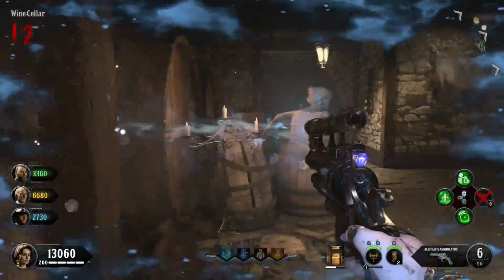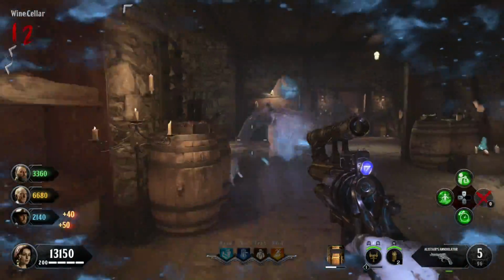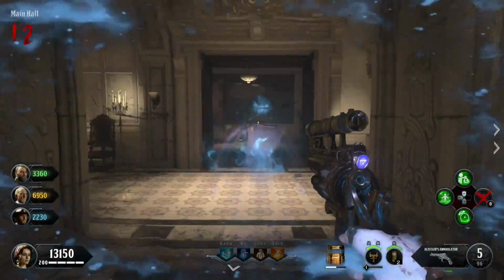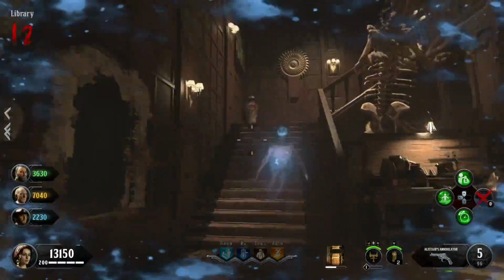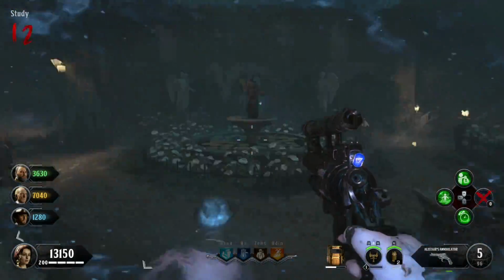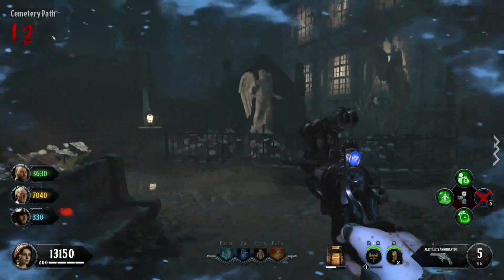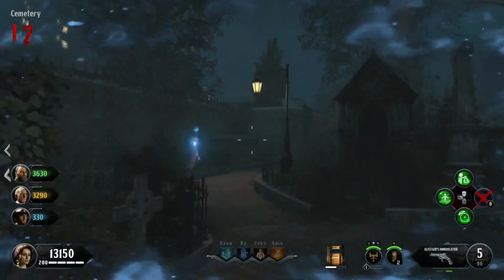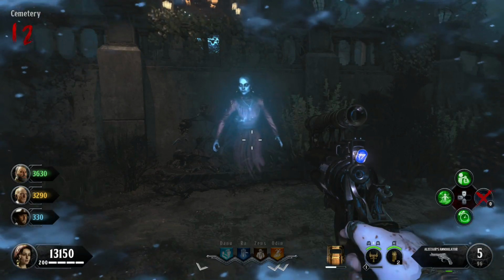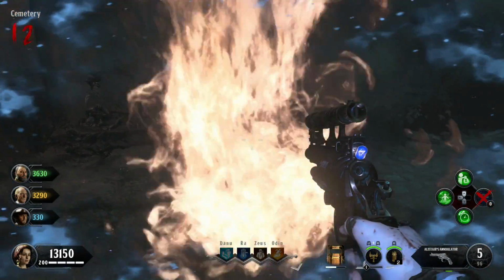and I ended up getting it here in the wine cellar of this game. So it can spawn anywhere, and I would assume there's a number of different spawns, and what you have to do is just follow this ghost. Now you can be damaged while you're in ghost mode, so just keep that in mind. Make sure you have a good gun that you can kill zombies with, and what you do is just follow the ghost all the way to the cemetery,